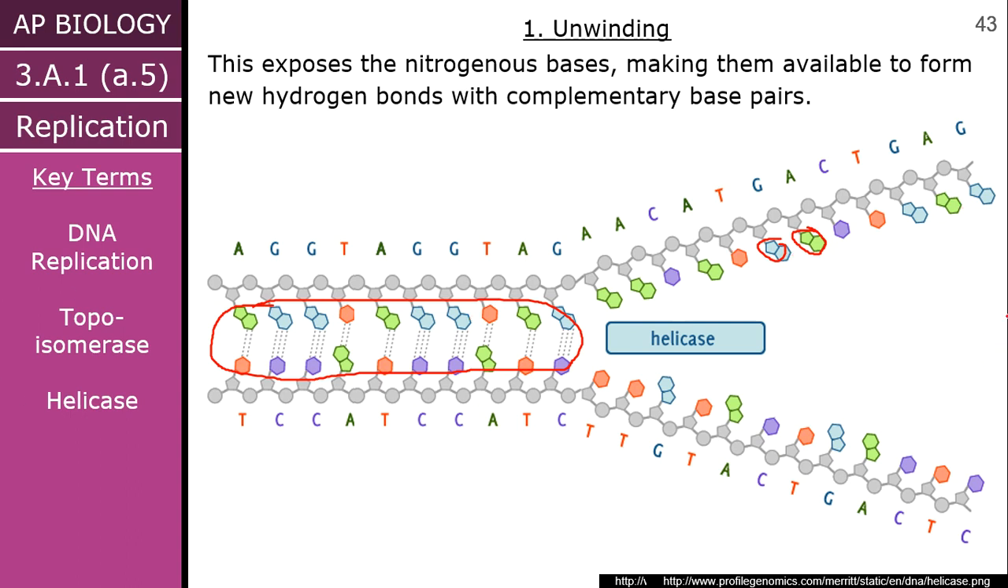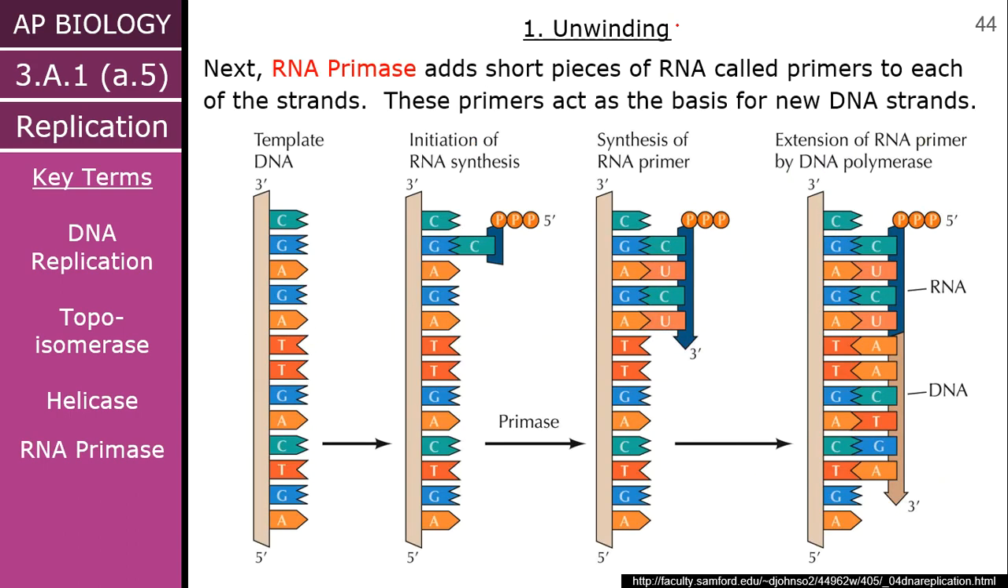So again, it's like a zipper. Okay, in this diagram, the zipper is going from right to left. So as helicase moves this way, it starts to unzip the DNA molecule. And it says, no, you can't hang out. Adenine, you can't hang out with thymine anymore. As we start to unwind the DNA, we're going to have our next enzyme, RNA primase,